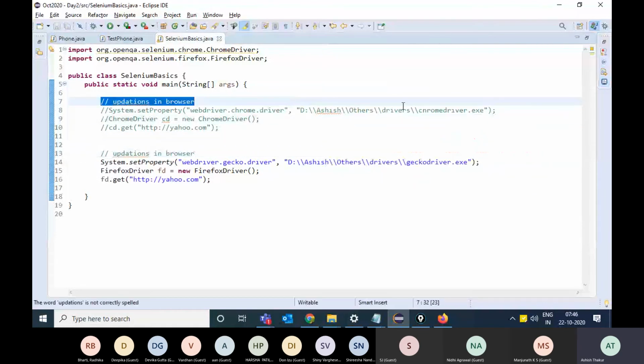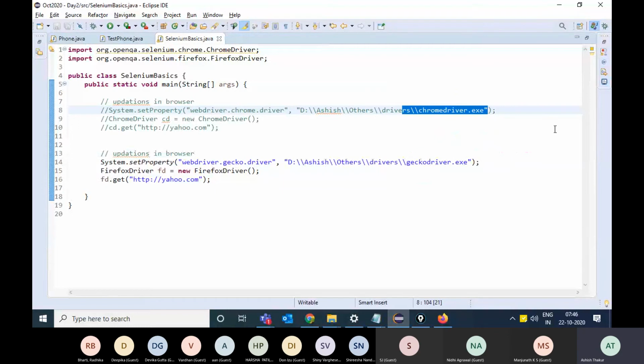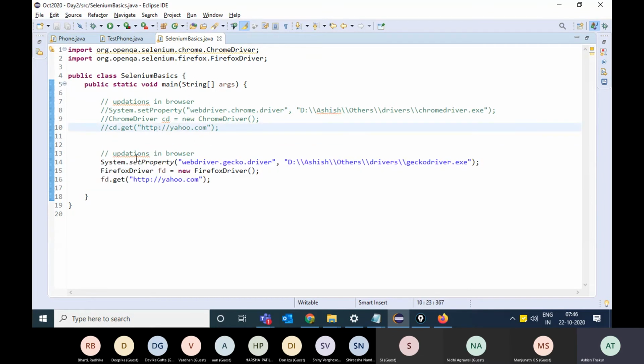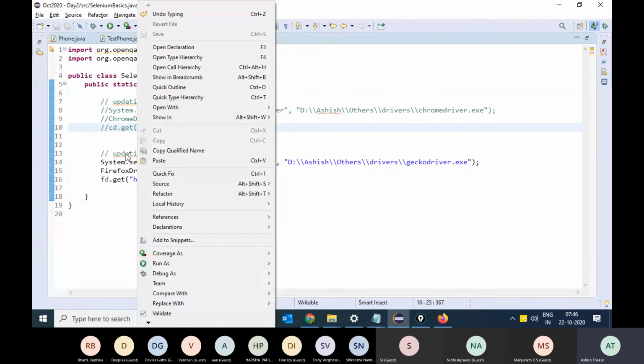Google guys, they will update the exe on their website instantly. But Firefox guys sometimes take a little time. And in case Firefox updates itself, then it doesn't work on your machine until those guys give you the latest Gecko driver exe, maybe after a week or something. So this becomes a problem. Fine.